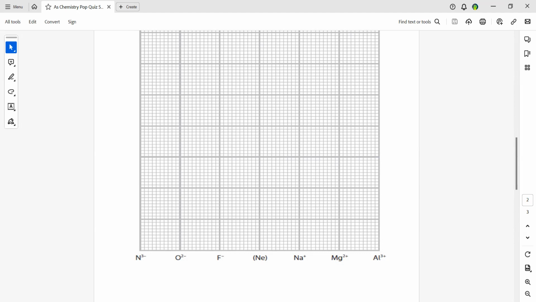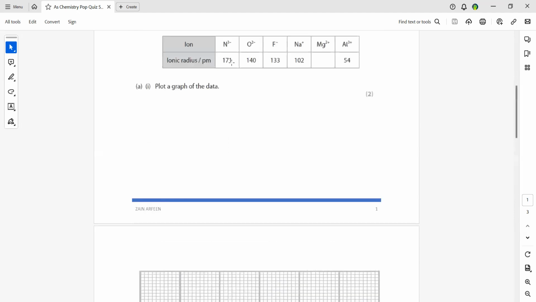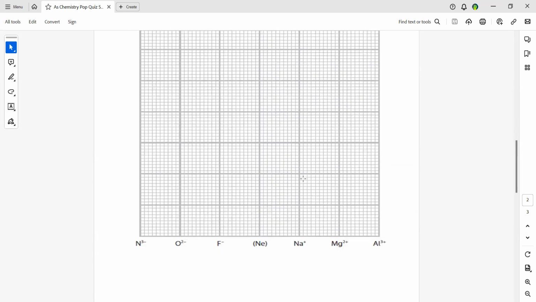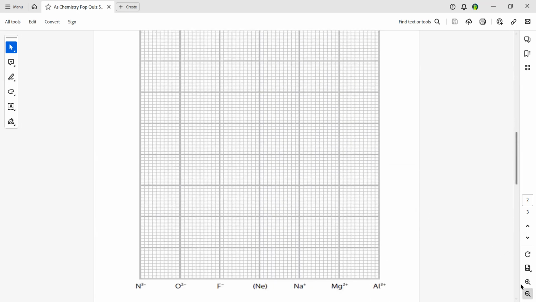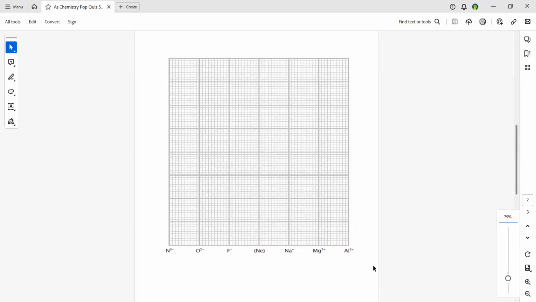So on the x-axis, we have the ions which are present, and on the y-axis, the size of the radii, and that is given in picometer, ionic radii. As they did not mention that we should start the graph from origin, we can start with any number. Like 170 to 54 is there, so you can start with 50. You can also start with 20,